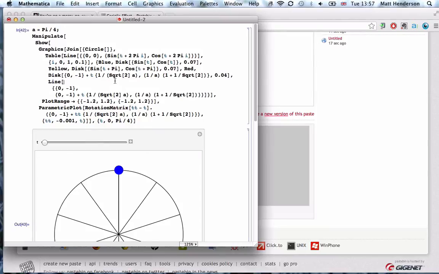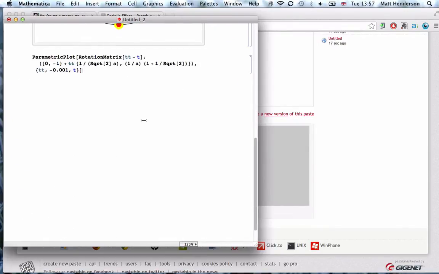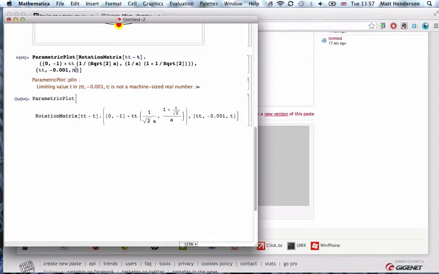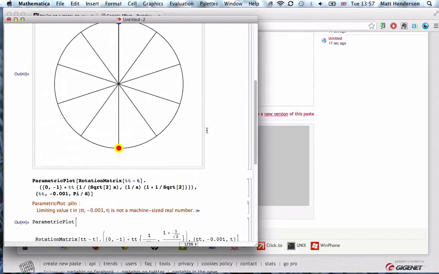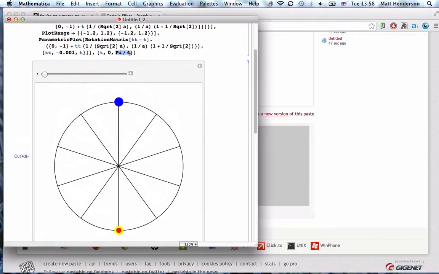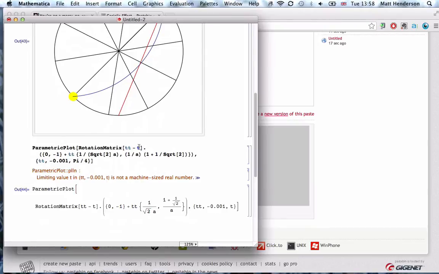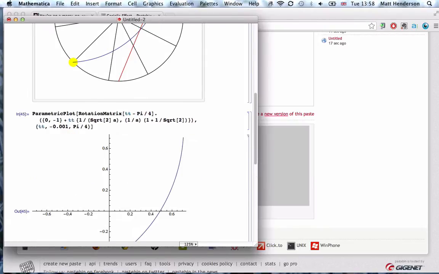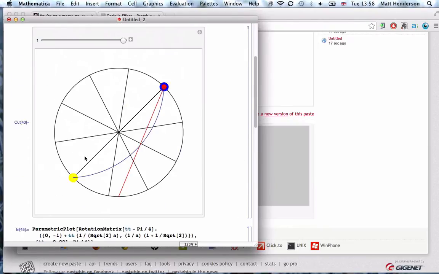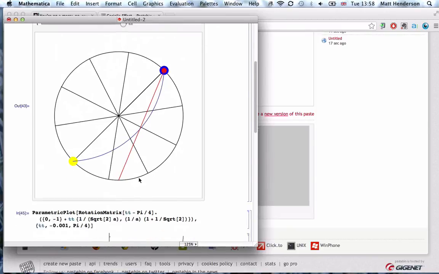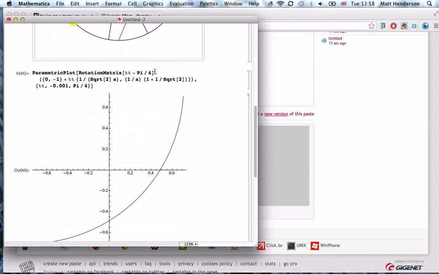So I guess this is the part that draws the curve. If we make t go up to pi by 4, we get the same. We'll see that's the blue curve that is drawn, and the trick is that we're doing